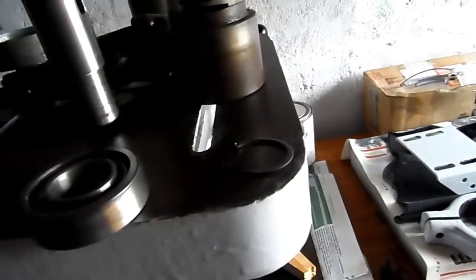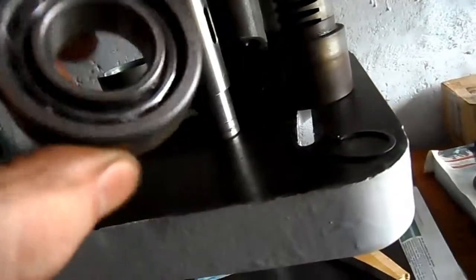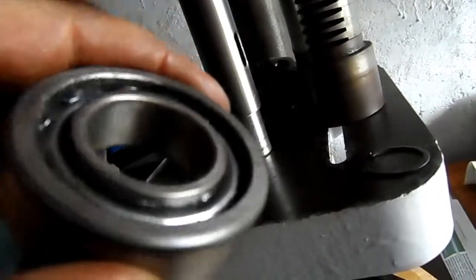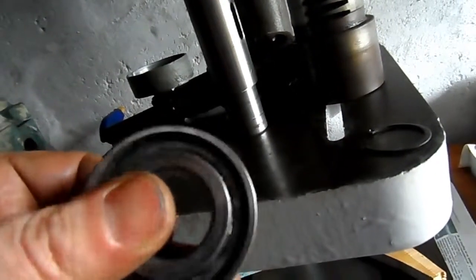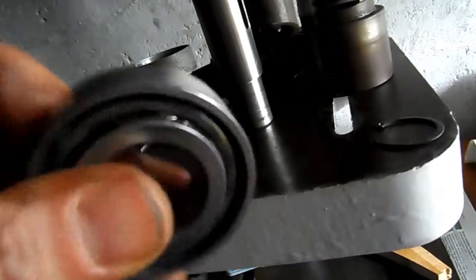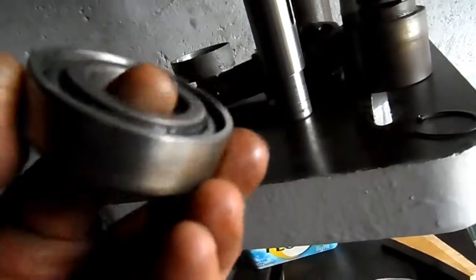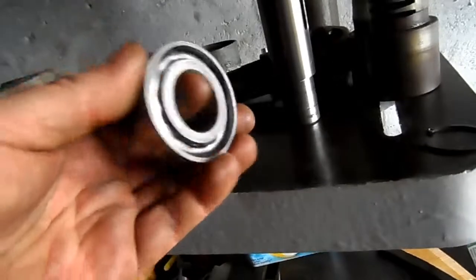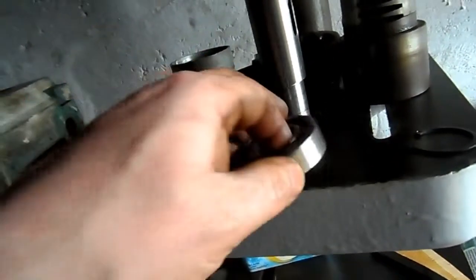Now, I thought it might have been a special bearing, but it's not. It's just a fairly standard ball race bearing, yeah. And there is a lot of play there. Now, what I'm thinking is how it occurred is whoever fitted it hasn't fitted it correctly. I've had a little bit of think about this. The outer race